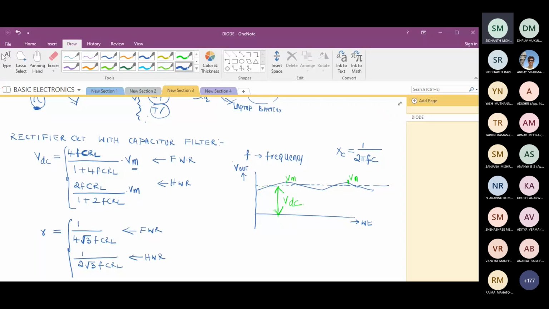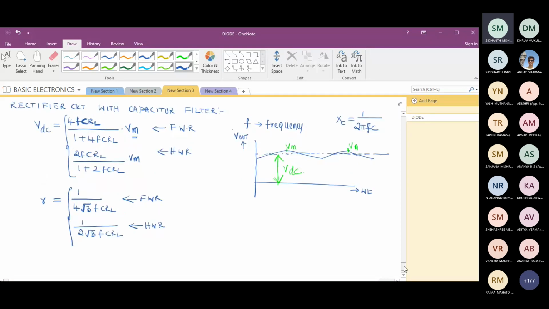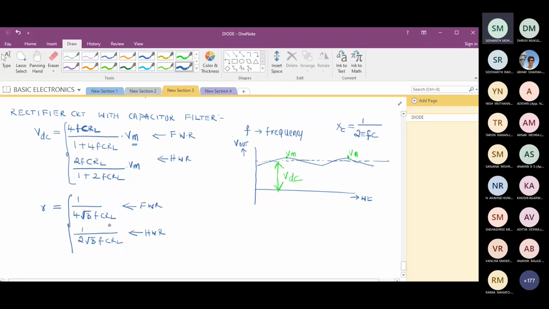The derivation is not there. Earlier you had this derivation, now they have removed it. I don't want to waste time deriving all these things. Earlier this derivation was there, now they are expecting you to know this and design a circuit. That is the reason the derivation part has been removed. Anyhow, just to make you feel how we get this expression, this root 3 term,